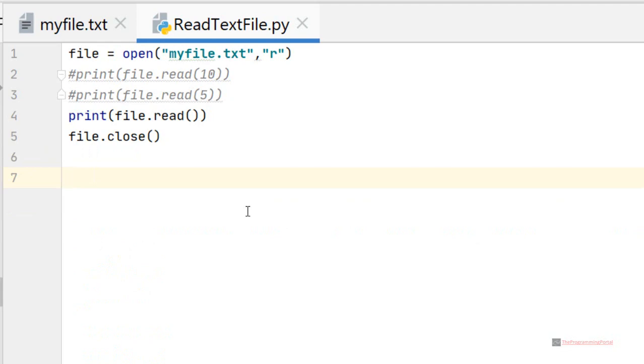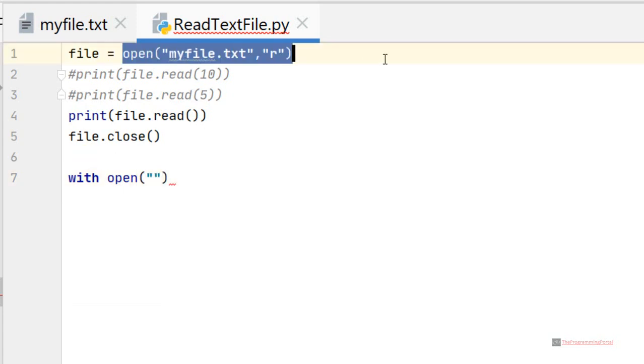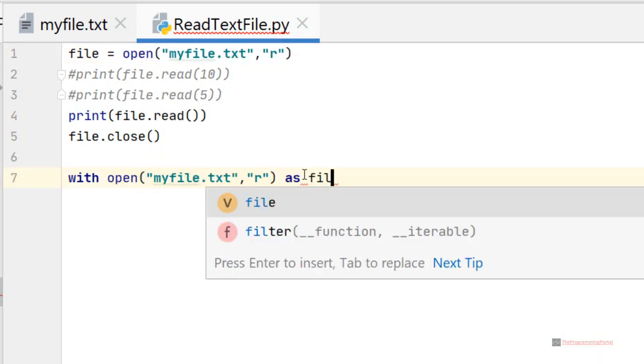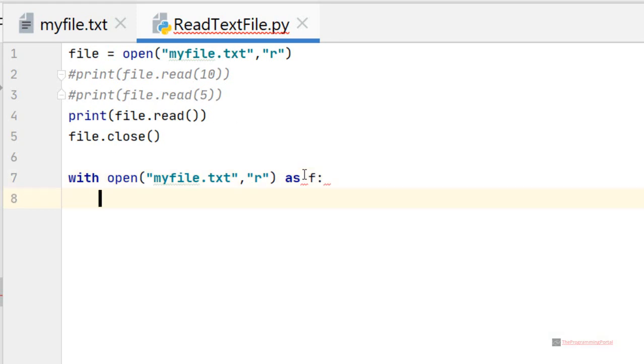Let us write code with the with method. So I can specify with open and specify the file name. I can just copy paste, as file or f, and let's read the data line by line.